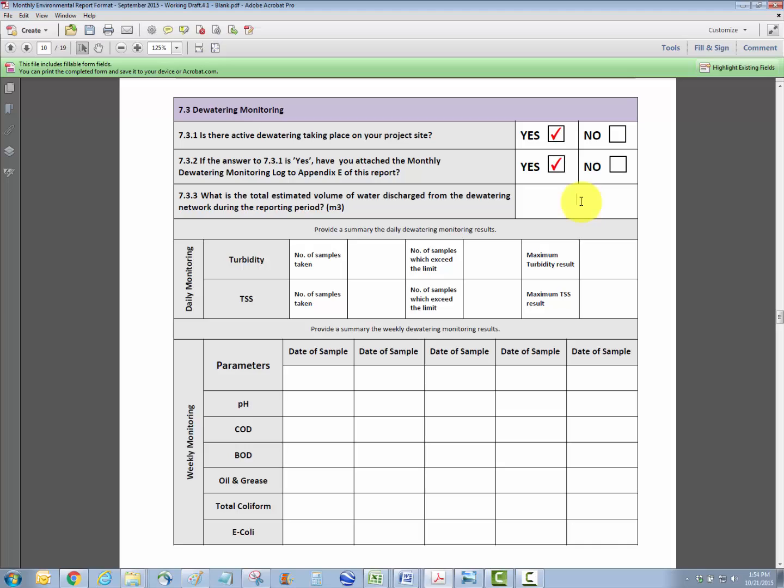It's generally a pretty large number, so let's just say 2,800,000 meters cubed during the reporting period. Okay, so the next section then talks about monitoring results. So what we need to do now is look at our environmental data log,